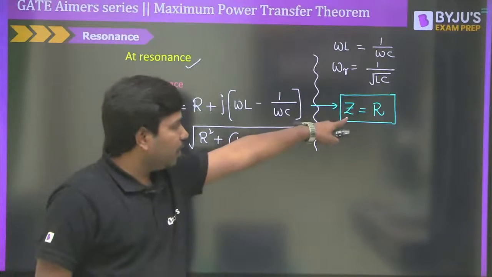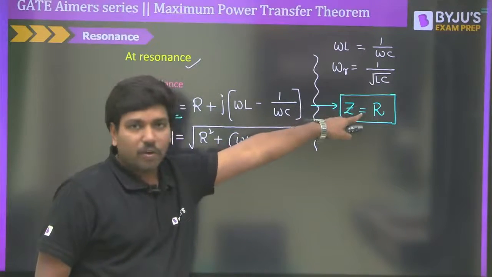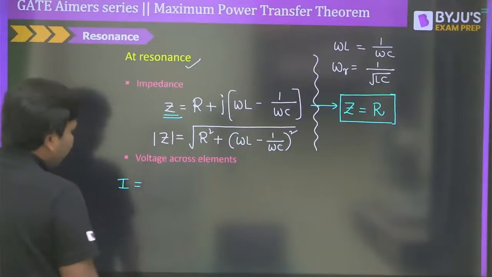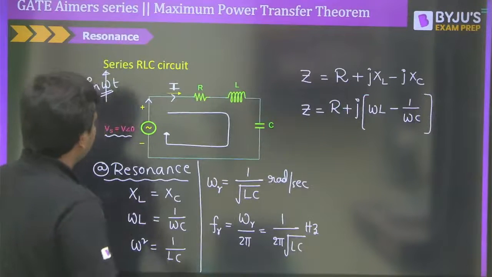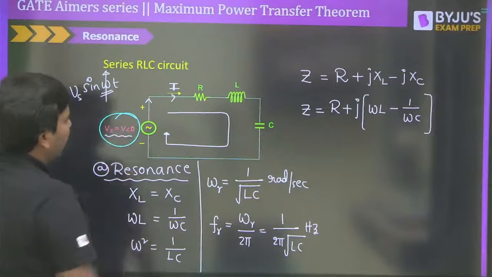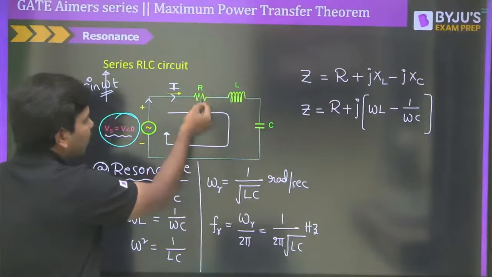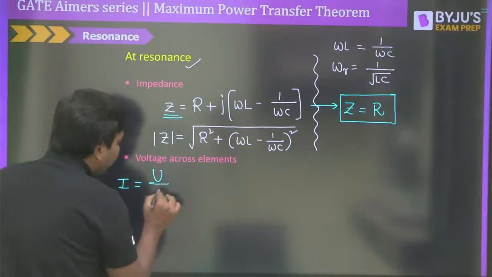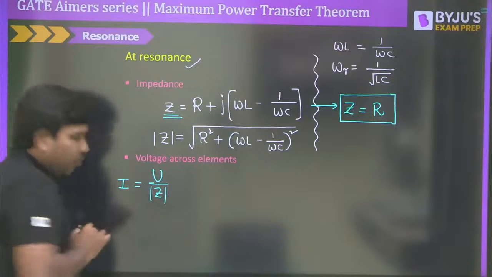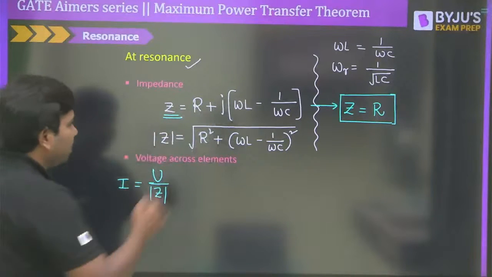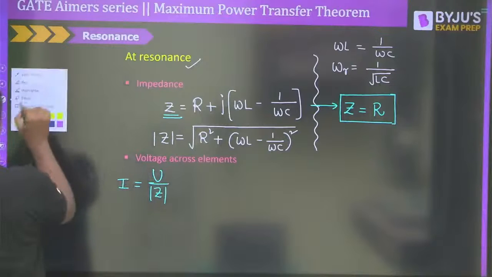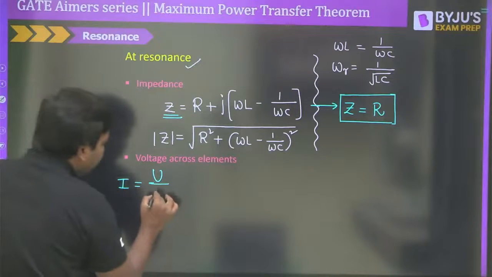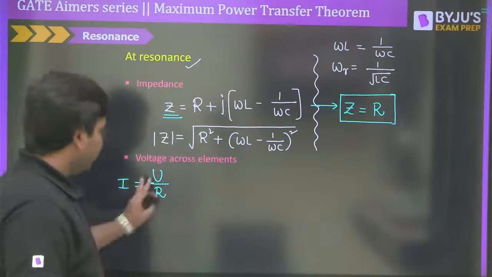Now whenever you see the overall impedance at resonance is equal to R, then what is the value of the current that is flowing now? I is equal to, go back here, how can I write I here? The supply voltage, that is V at an angle of 0, divided by the overall impedance, which is only resistance here, correct? So I need not take much effort here. I is equal to V divided by the magnitude of Z, modulus of Z. But right now modulus of Z is how much? Simply it is resistance R only, because at resonance the impedance is purely resistive in nature. So therefore let me write this as V divided by R. Very easy. This is simple to understand.